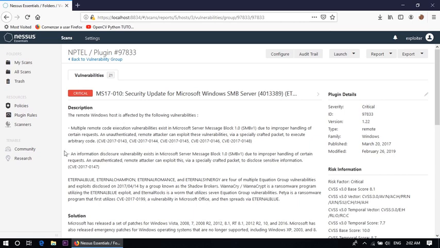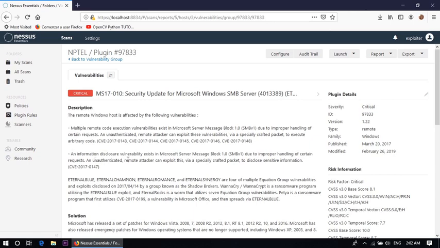The remote Windows host is affected by vulnerabilities with the CVE numbers 2017-0143, CVE-2017-0144, CVE-2017-0145, and also CVE-2017-0146 and CVE-2017-0148.